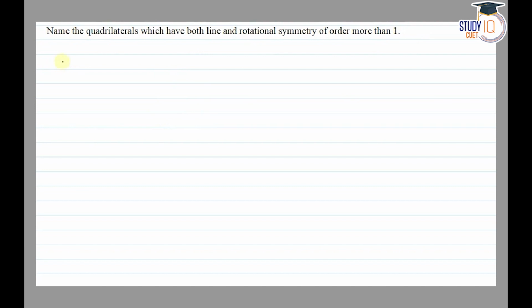So इसका आंसर हो जाएगा हमारे पास स्क्वायर has line of symmetry, vertical line, horizontal line, and diagonal. So it has 4 line of symmetry,